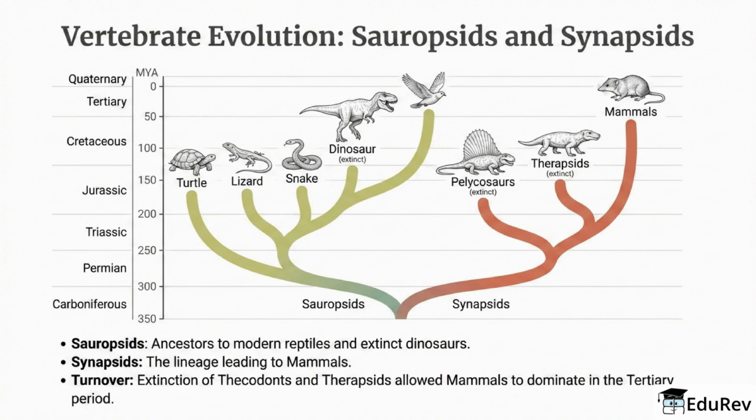Vertebrate evolution split into sauropsids, the ancestors of modern reptiles and extinct dinosaurs, and synapsids, the lineage that led to mammals. Major extinctions and turnovers, such as losses among thecodonts and therapsids, allowed mammals to diversify and dominate during the